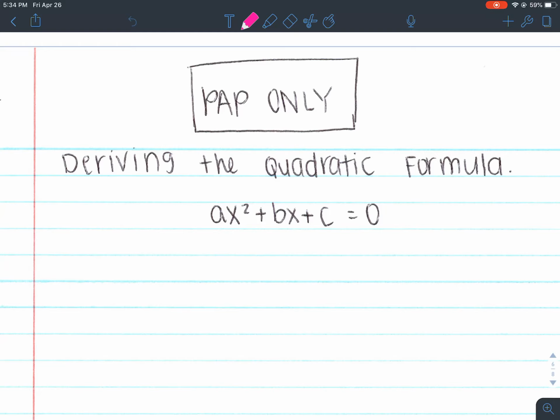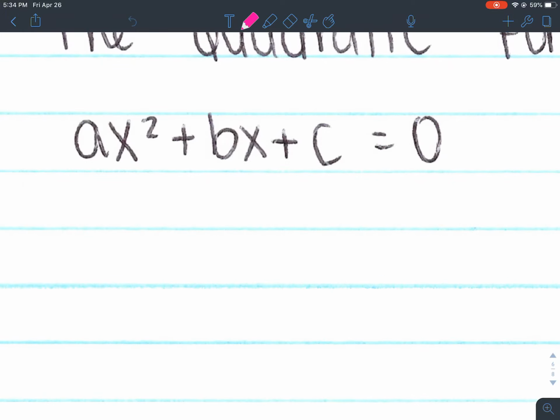So a lot of people think math doesn't really make sense because they're like, well, where does this even come from? Like, who comes up with this stuff? Well, honestly, it just starts off with something basic, and then they get to a formula, or some type of property or concept or law, you know? So it's not like everything just magically falls out of someone's head. It comes from something. So we're going to derive the quadratic formula, and you're going to start with your standard